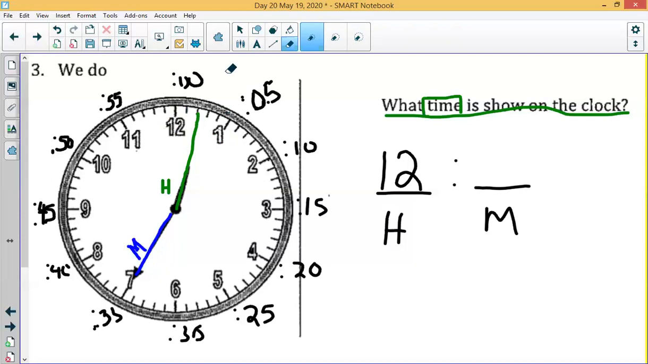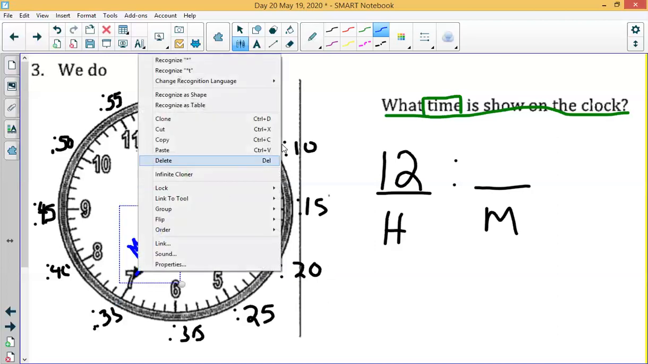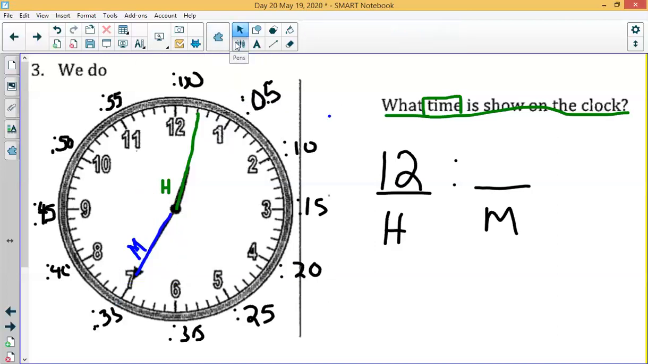All right, now let's concentrate on your minute. We've already labeled. So I know from 12 to 1 would be 5. And then from 1 to 2 is 10. 2 to 3 is 15. 3 to 4 is 20. 4 to 5, 25. Then we move to the 6, that makes 30. Now we're at the 7 and we're at 35. So this one is right on the 7. And we know 7 is what, boys and girls? It is 35 minutes. So it is